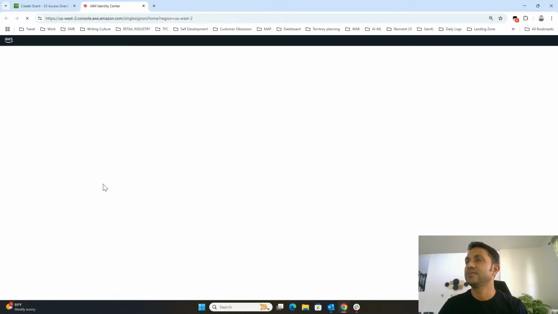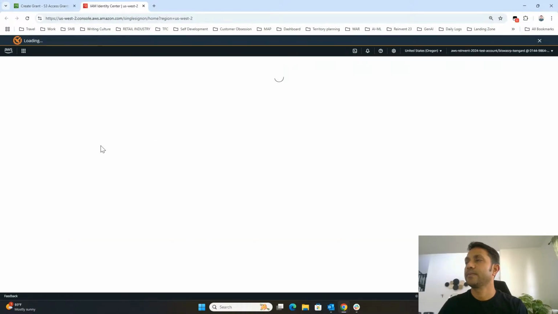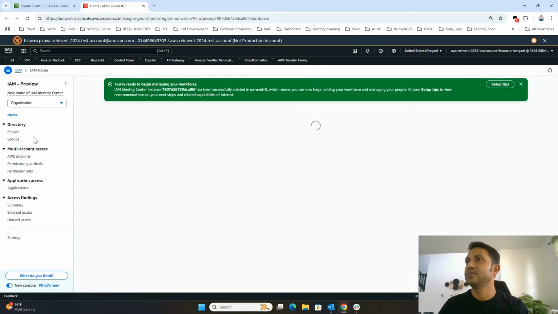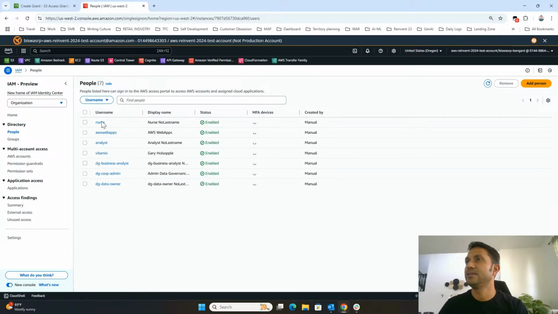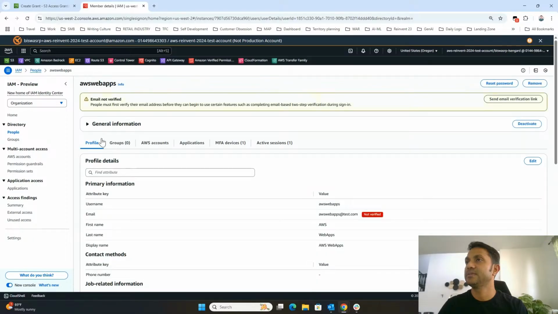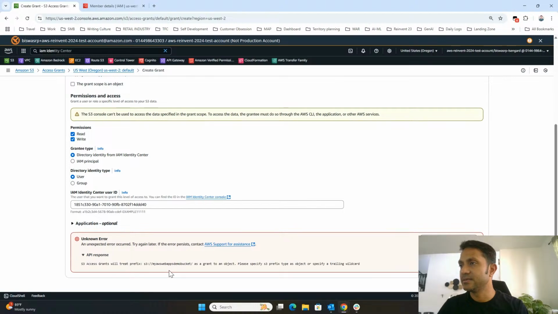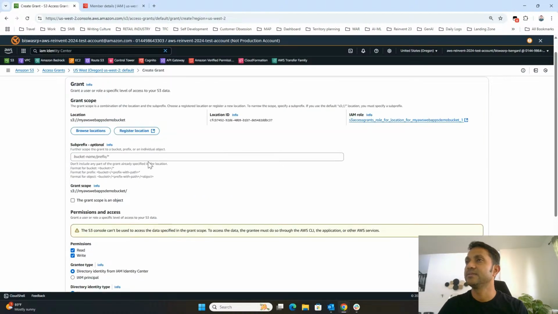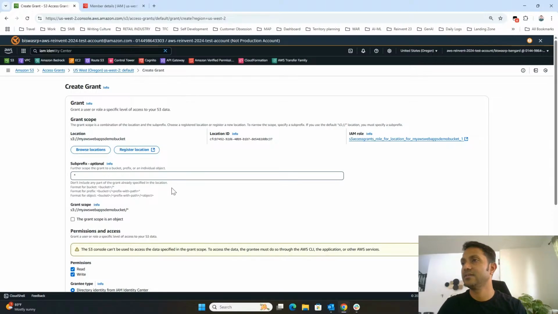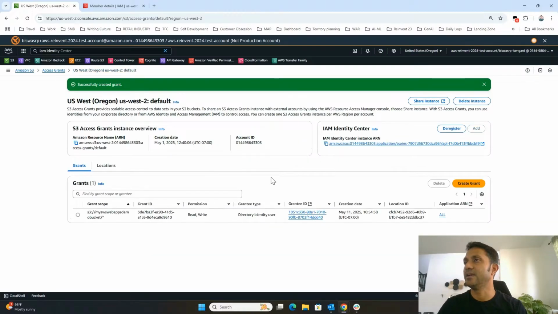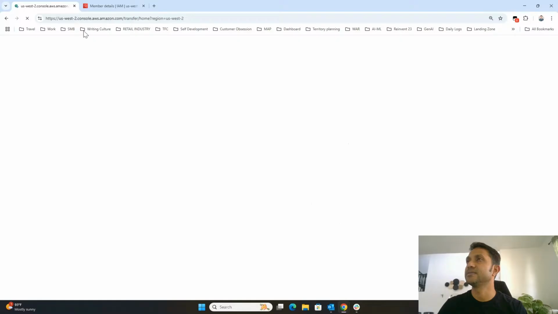So let's go there. People, web apps, general information. Copy this. Okay, create grant. Services and oh, S3 prefix. Okay, so give star. All right, create grant, and then let's go back here. Okay, so now let's go back to transfer family